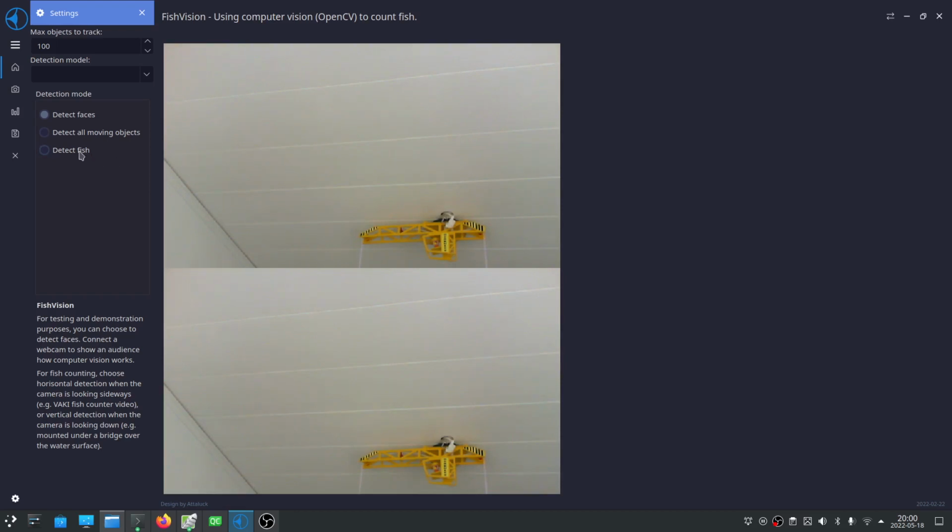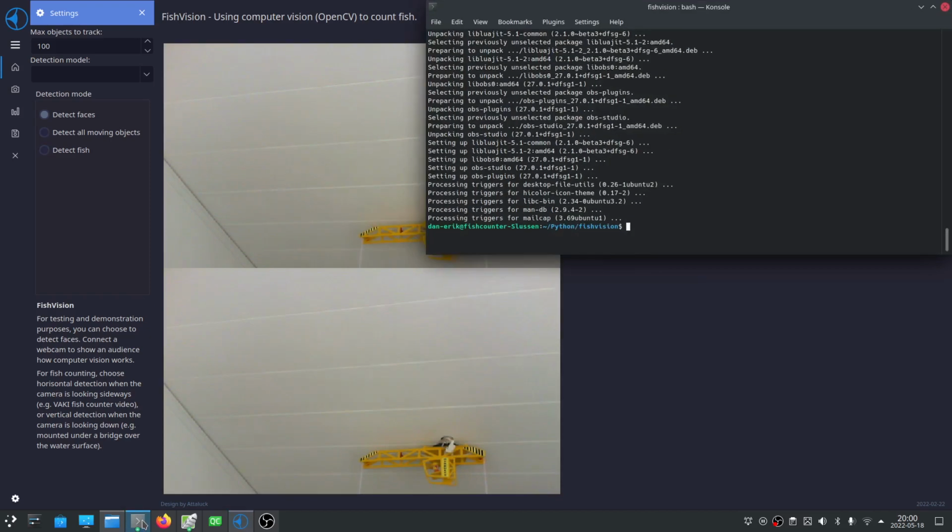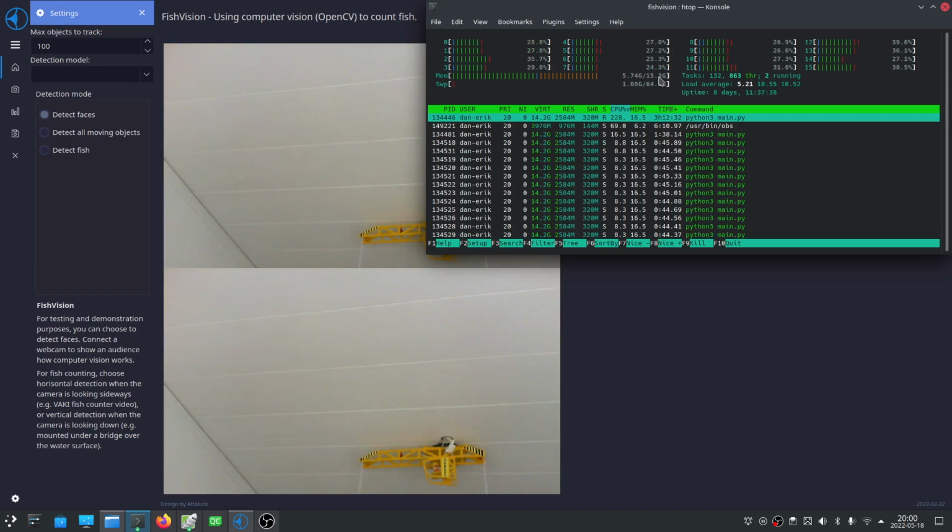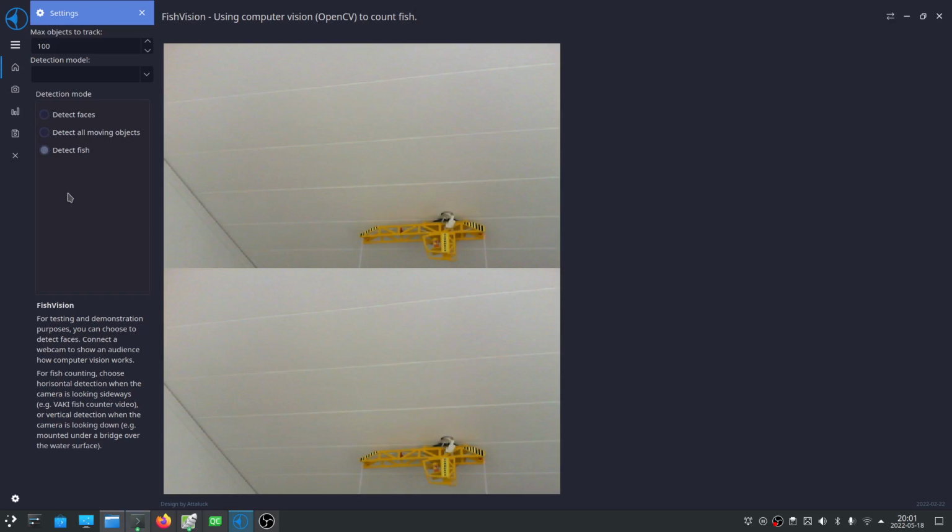As it turns out, and let's see if the recording is going to start lagging now, because this requires a lot of power from the computer, and I still have it. This is a fast computer. Let's show you what it is. We got 16 gig of RAM. We got 16 cores in the processor. It's an Intel i7 something, a new one. It's a pretty fast processor, but if we start detecting fish in this picture,